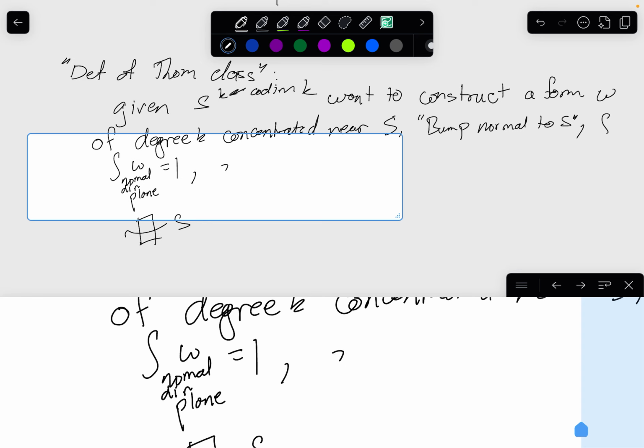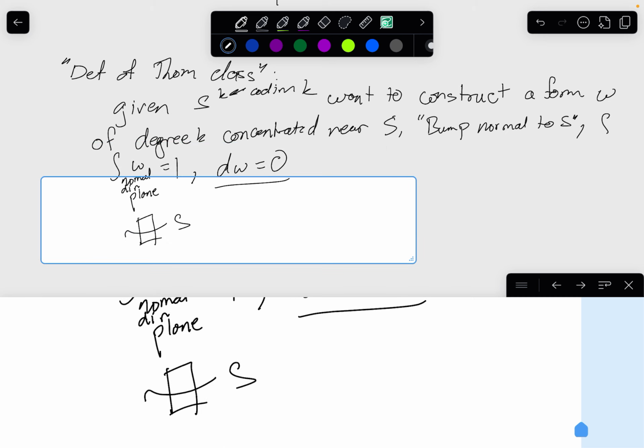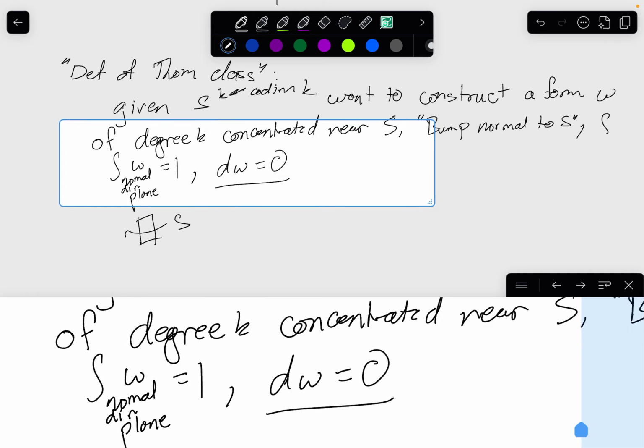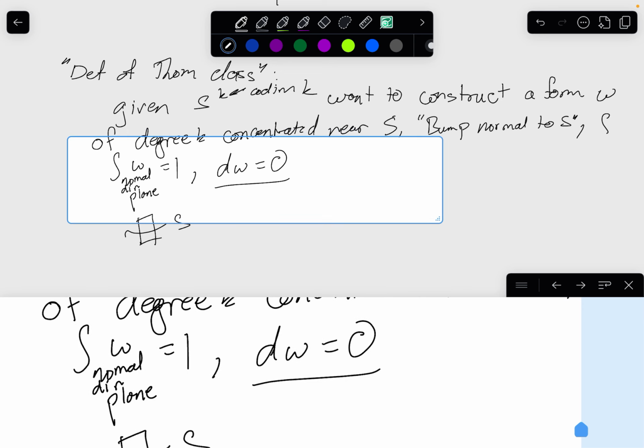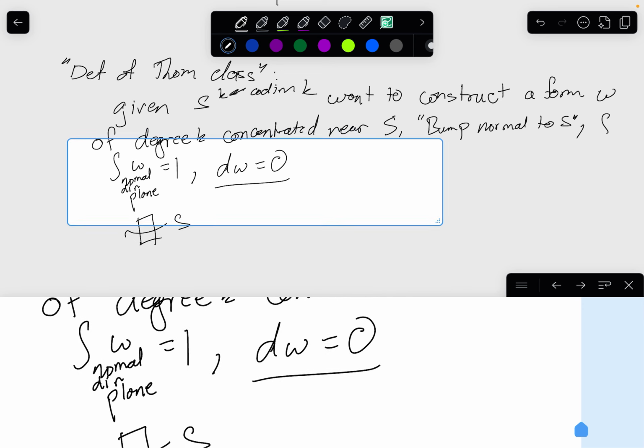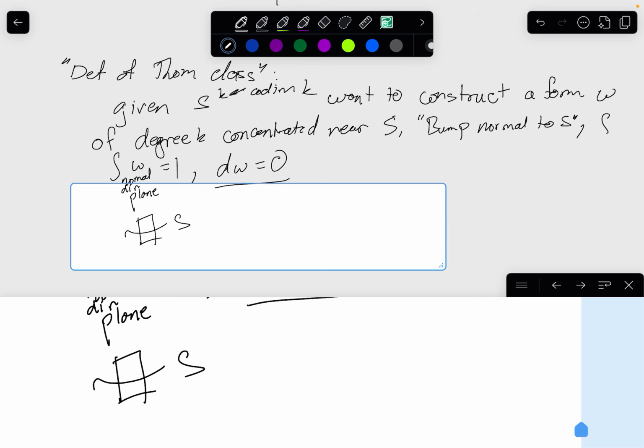And we're going to further want a condition that d omega is equal to 0. Why do we want this condition? Well, first we were talking about cohomology, so if I somehow stop talking about cohomology, that would be doomed. But also, I'll state that this won't be true in general, but for closed manifolds this will be true. And the reason this should be true is because